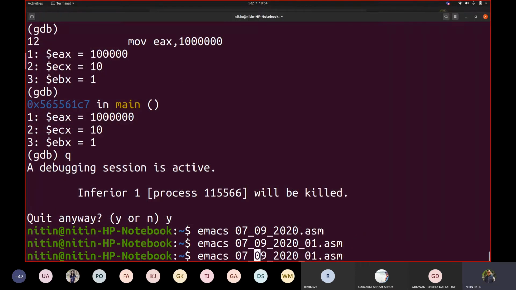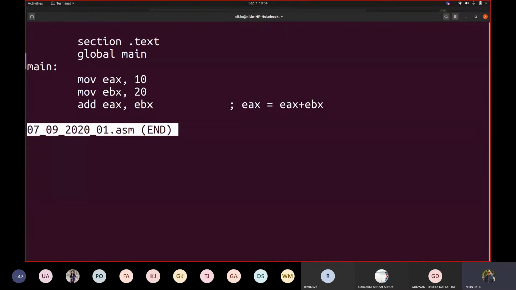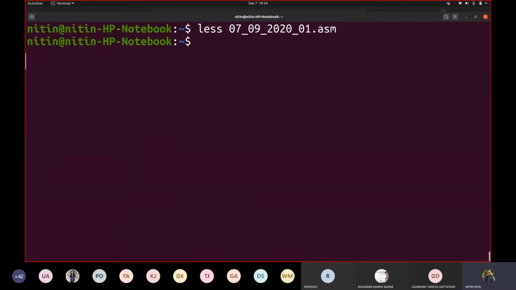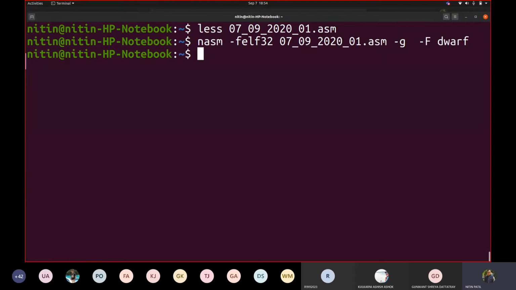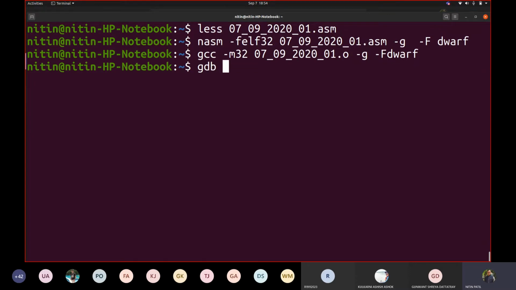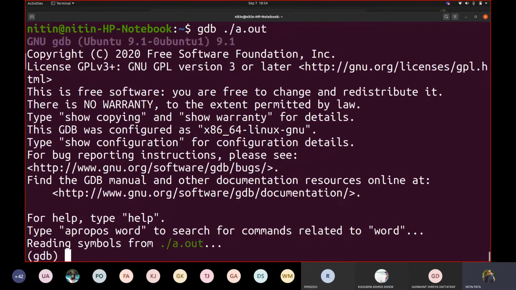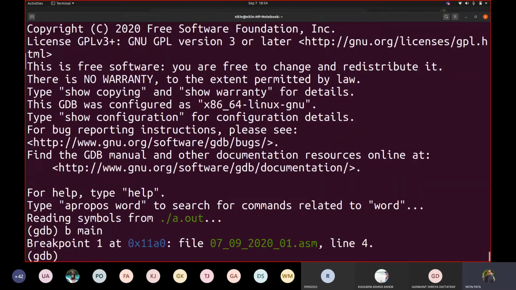So the code written is this. Let me show you the code again one more time. Move EAX comma 10, move EBX comma 20 and add EAX comma EBX. Now let us try to see how it gets translated. Underscore 01 dash g dash fdwarf, then gcc, again underscore 01 dash o dot o. Now let us debug. Fine. Let us add a breakpoint.